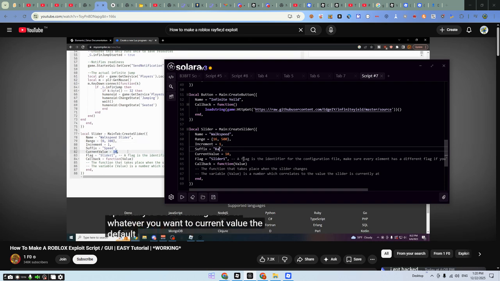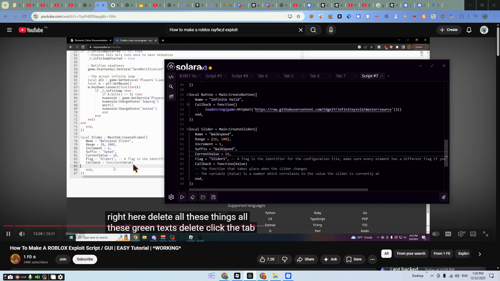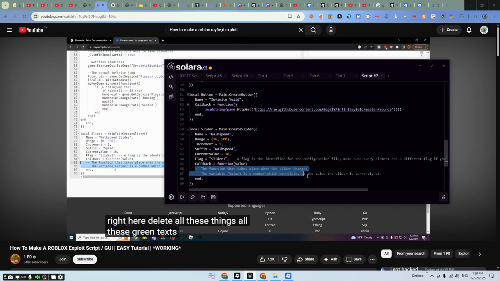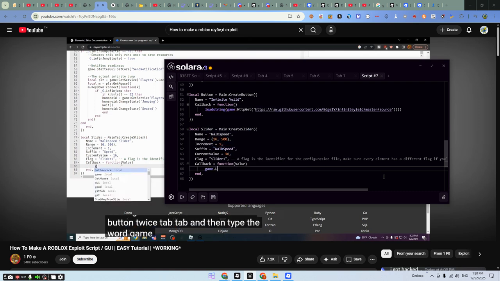Current value, the default walk speed in Roblox is going to be 16. Click that. And then here's where the first script you actually have to write is going to come in. So delete all these green text, delete. Click the tab button twice, tab, and then type the word game in all lowercase letters, dot,